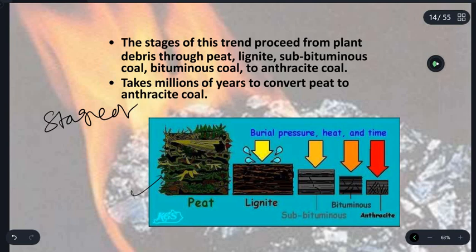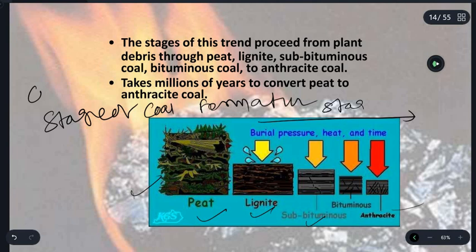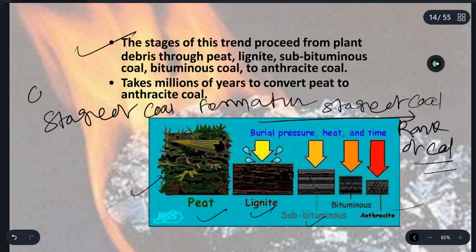If asked about the process or stages of coal formation, this is the stage in which the peat converts to lignite, gradually to soft bituminous to anthracite. So this is the stage of coal, and this is also called the rank of coal. ठीक है. So the stages of this trend proceed from the plant debris through peat, lignite, soft bituminous, hard bituminous coal to anthracite coal. So how the peat will gradually transform to anthracite, it is all about the rank